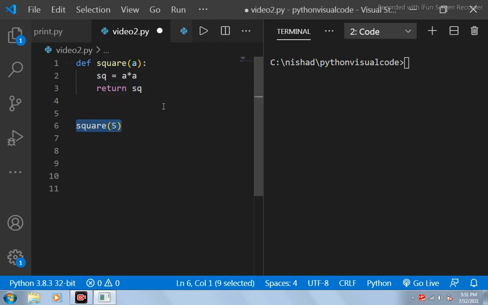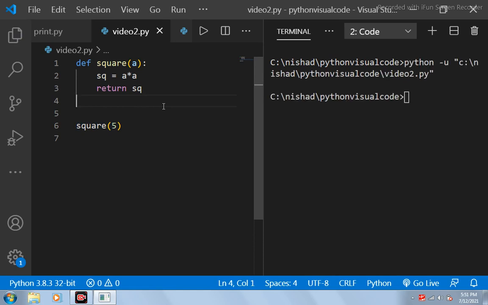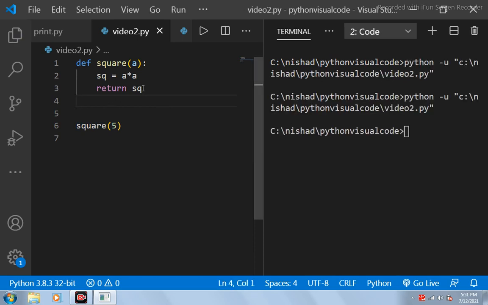Now if I run this program, you can see that nothing gets printed. That's because this function is returning the square of a number, but here we are not storing that number inside of a variable.